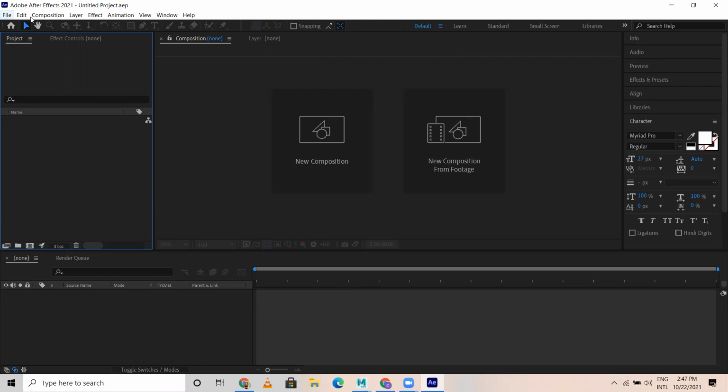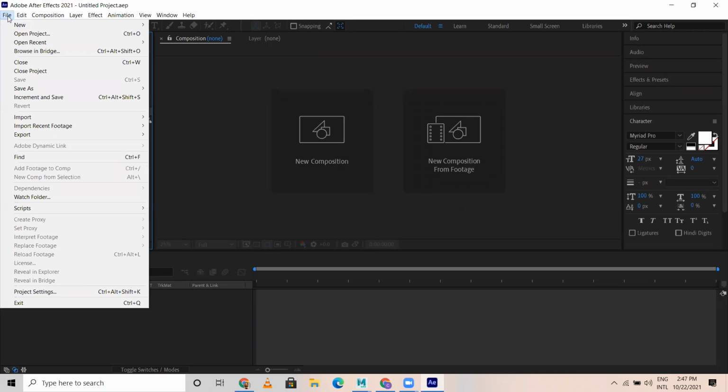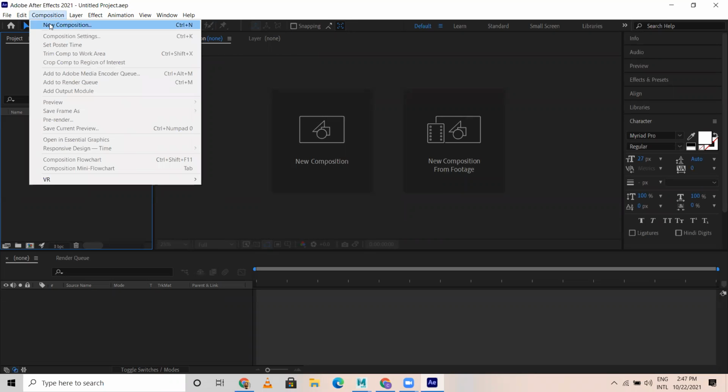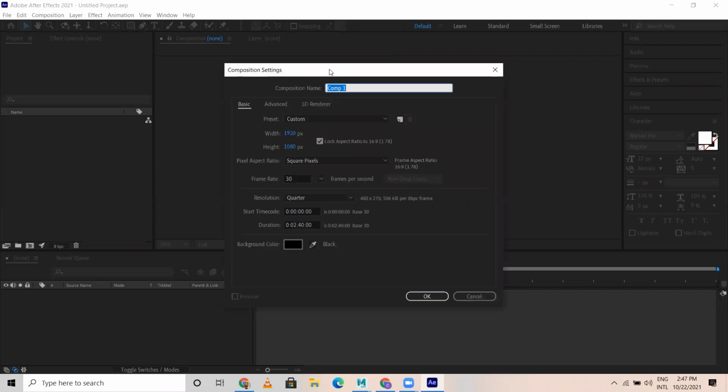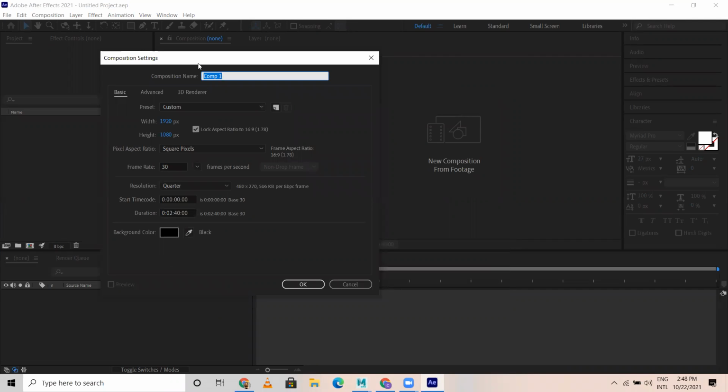So what I'll do, in this you have composition. I can create a new project. This is now completely new. New folder I have selected. I'll come to composition. Let's take new composition. Control N for composition.